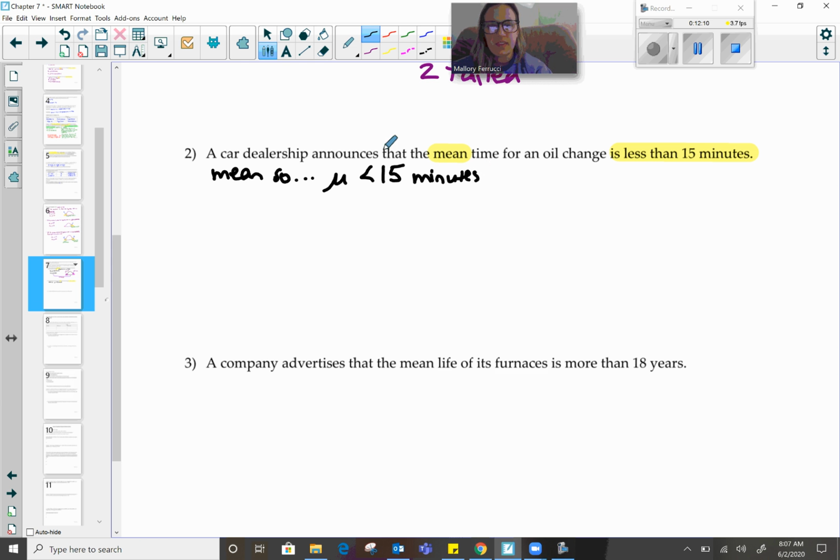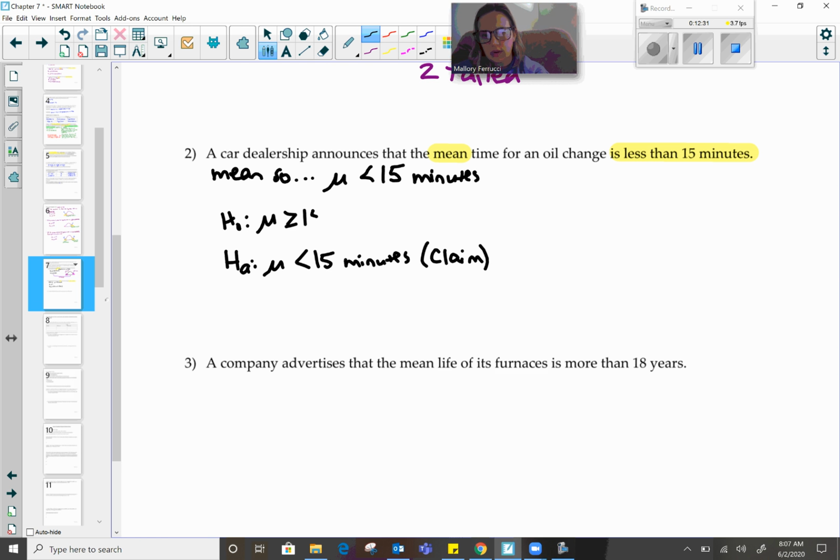Now this is strict inequality, so that goes with the alternative hypothesis. And that's the claim. And then the null hypothesis is greater than or equal to 15 minutes because it's the